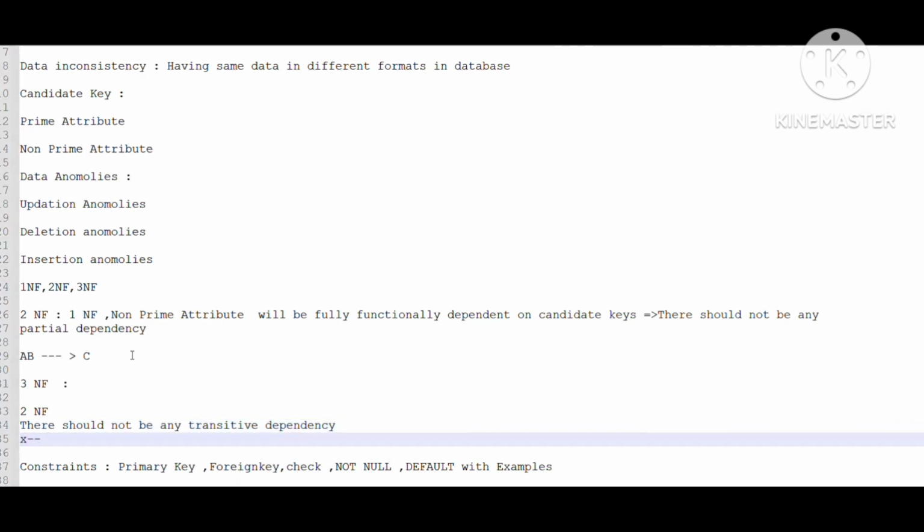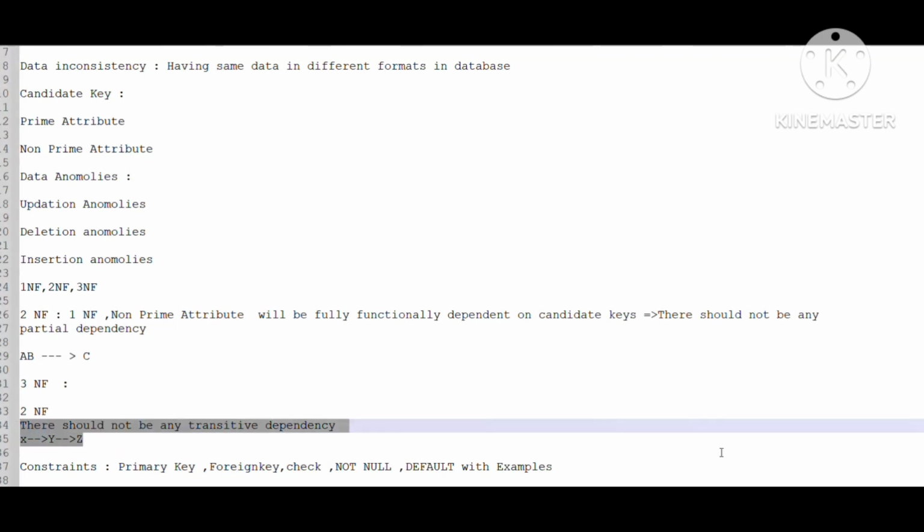If X is deriving Y, Y should not derive Z. Suppose X is the candidate key, and it is deriving Y, and Y should not derive Z. X is the prime attribute and candidate key, and it is deriving the non-prime attribute Y. This non-prime attribute is deriving another non-prime attribute Z. This is called transitive dependency. Let's go to the example